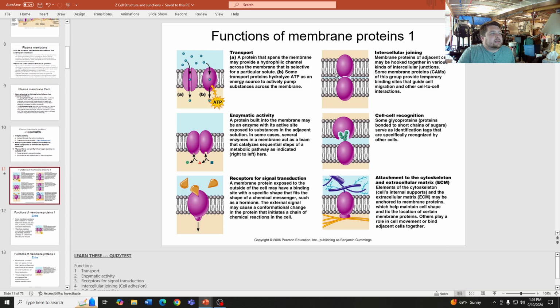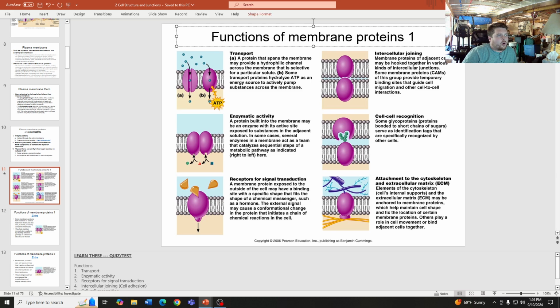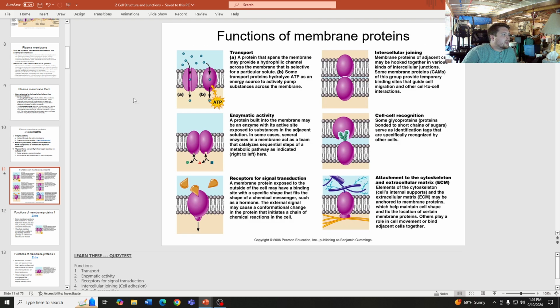Functions. This is lots of stuff, test-wise. You want to know the functions of stuff. So, functions of the membrane proteins. Here's just the whole list. We have transport, enzymatic activity, receptors for signal transduction, intercellular joining, cell-to-cell recognition, as well as attachment to the cytoskeleton